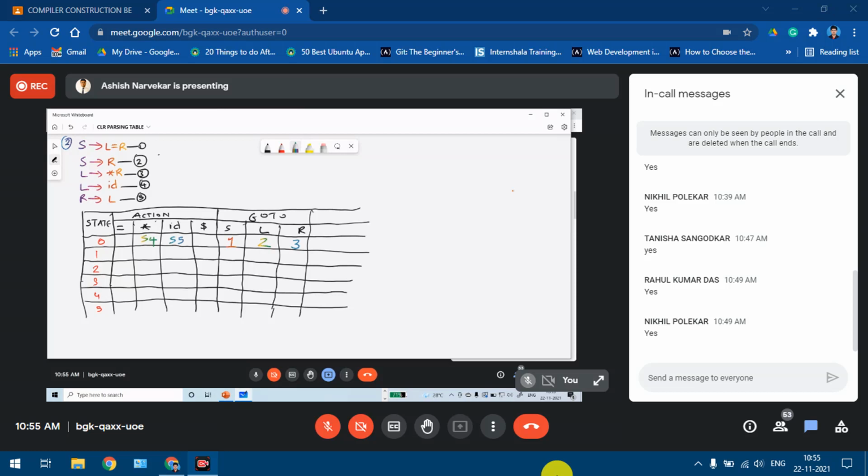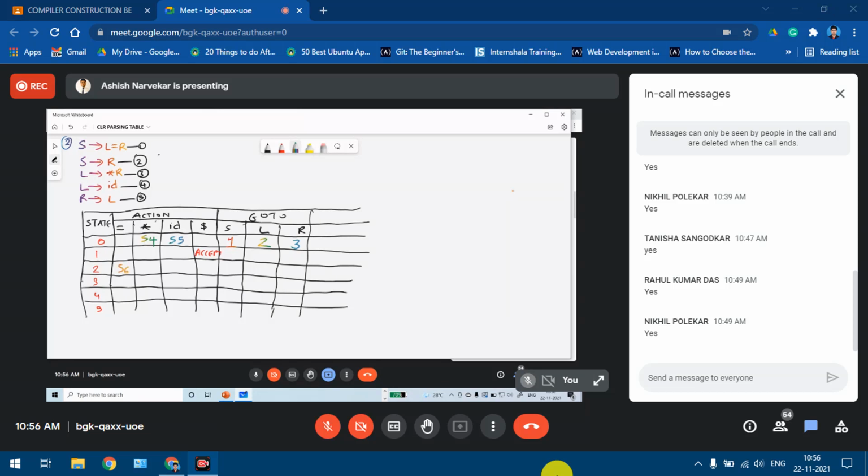The next thing is I'll write it now itself. Under dollar it is accept. Next thing is in state 2. So we need to check for state 2. From state 2 we have one transition which goes out, that is on equal to. So on equal to it goes to state 6. So on equal to, since it goes to state 6, it implies a shift entry. So it will be S6 under equal to.